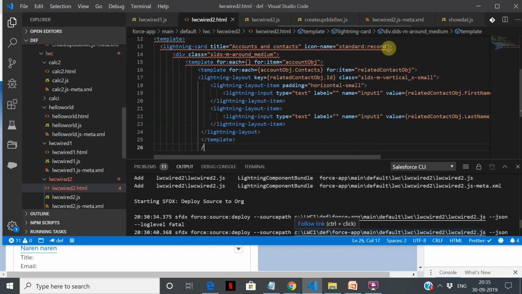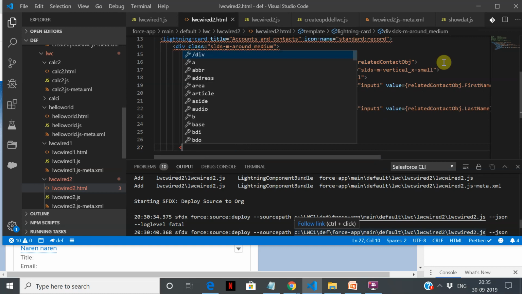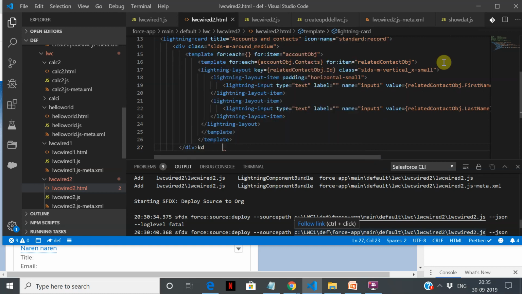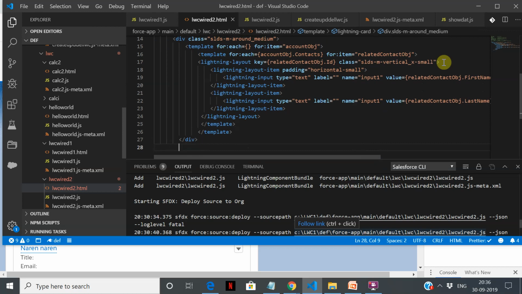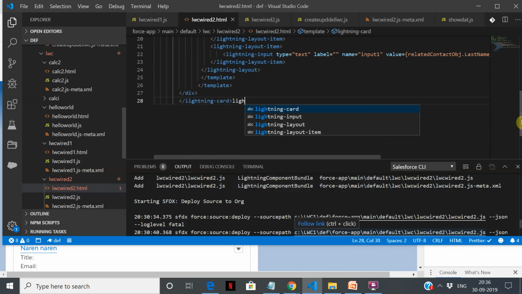We have one more template. This is all available in the Aura component reference. You can use it at any point of time. I'll try to explain what is the table that we are building over here. And also the IntelliSense is good.